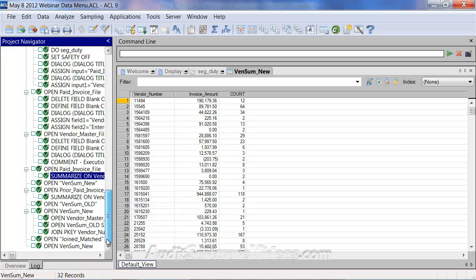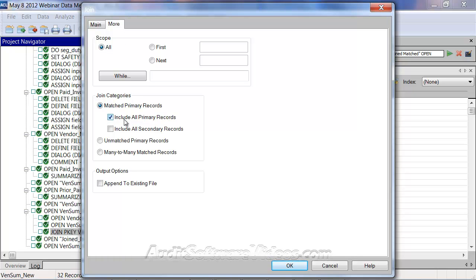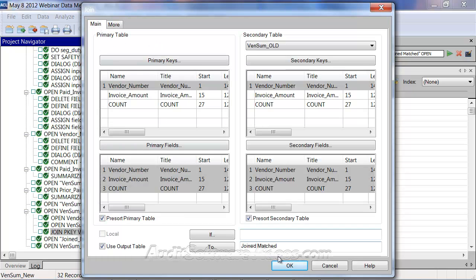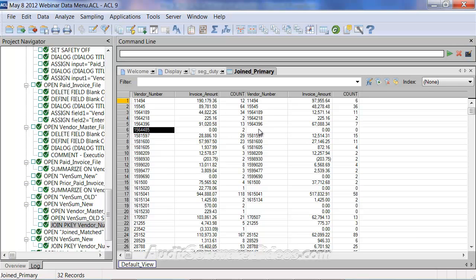I'm going to go back to my log, click on that join primary key button, and then click this edit command. Now that I have it edited, I do have the pre-sort secondary or primary. I'm going to go to my more button, and I'm going to say include all primary records. And we'll do this to a joined primary. Now I have my 32 records,